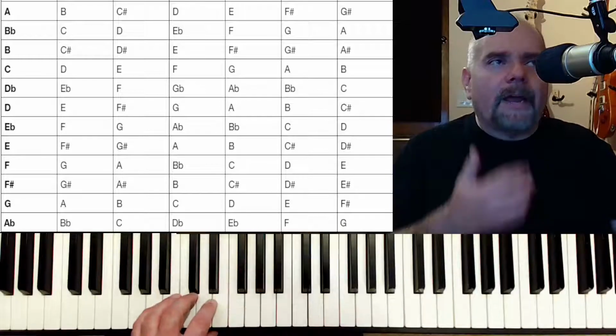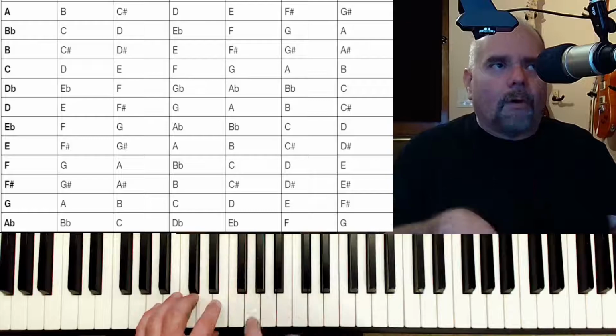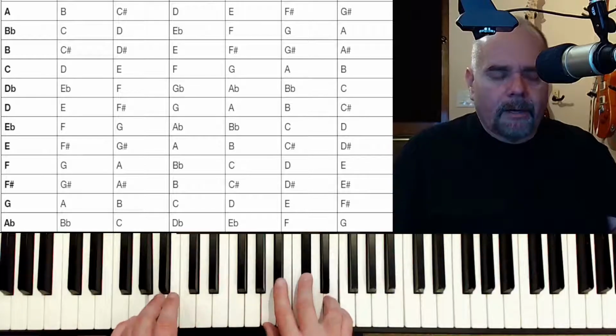And it's going to work with every one of those scales. So I'm going to play all 12 chords there. That's A,